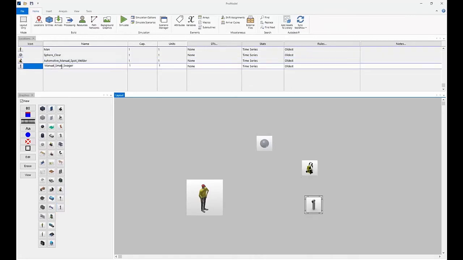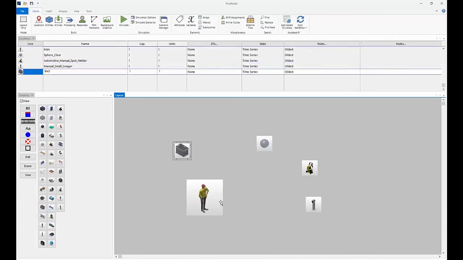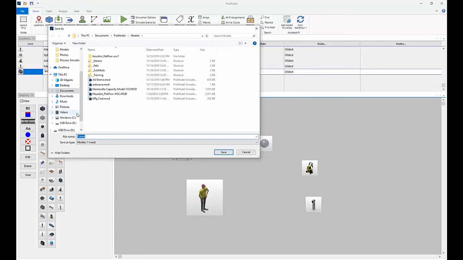So here's my manual small swagger. So I'll just add these out. You know, there's no process that is being defined, but all these shapes are out there. So if I hit save and